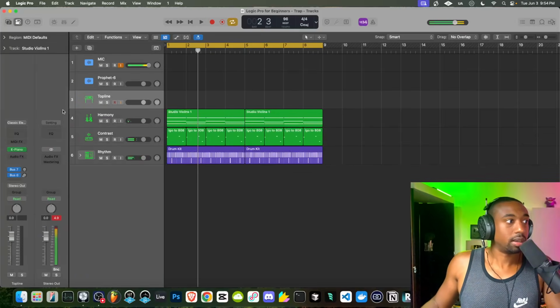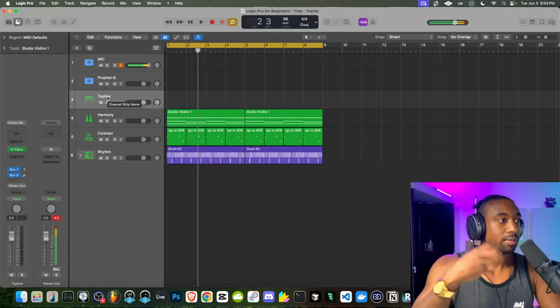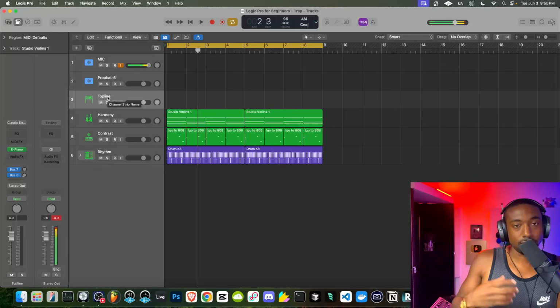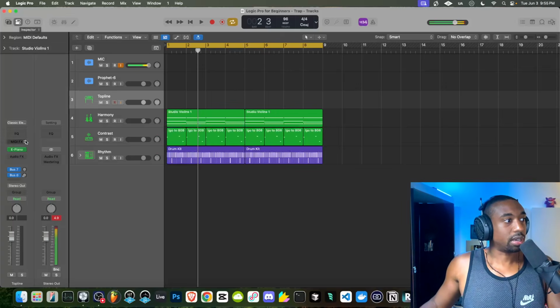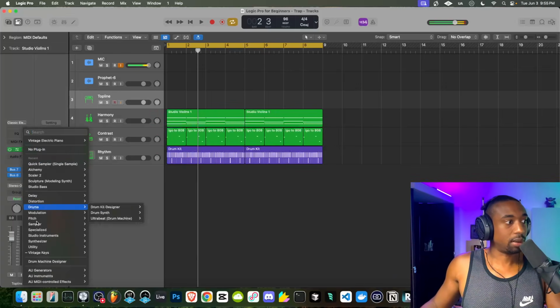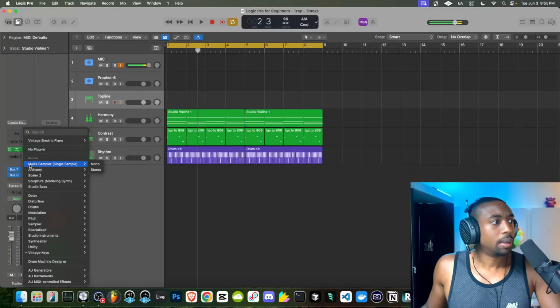Let's open up our inspector tool. I'm going to show you a different way. Instead of just relying on the library presets, you might find inspiration just simply building your sound. So we're going to click here. Go to the inspector tab, click this little drop down, and now we can select from all these different plugins that Logic has. And let me click the drop down on the plugin itself.